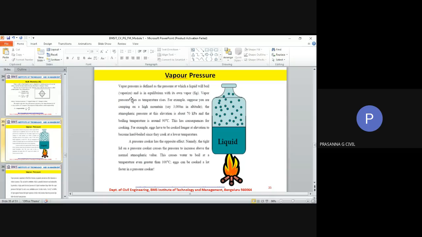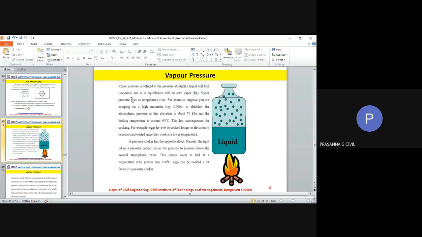Suppose the temperature of the water is almost room temperature, like 20 degrees Celsius, and it is at atmospheric pressure. So we are keeping a vessel where we have taken water at room temperature and normal atmospheric pressure. Now we know that water boils at 100 degrees Celsius when it is at atmospheric pressure. So this liquid will vaporize at 100 degrees Celsius.